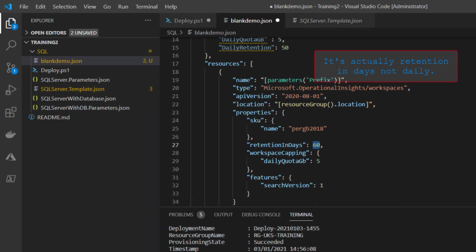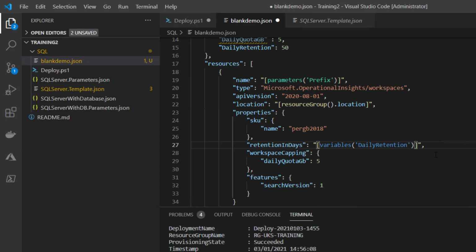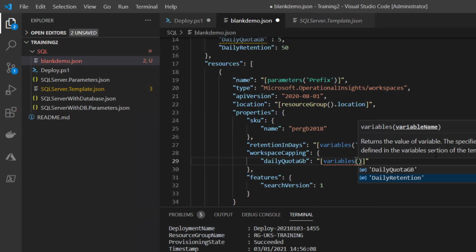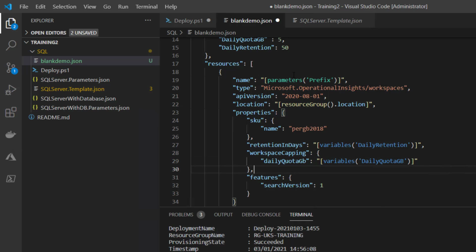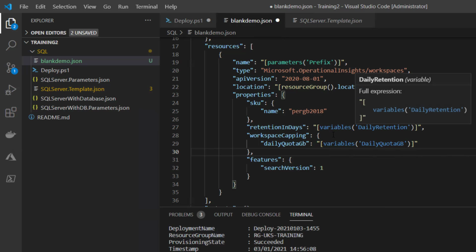So if I just do a square bracket, sorry, and then start typing, hold on, you need quotes, variables, type variables, and then open the bracket, and I can see my 2 variables that I've set up here. So this one's my retention one, so I'll click on that. And the same for the quota. Variables, and just for this one, daily quota, click on that. So we can see we're now going to change these to 5 and 50 there. So if I just save that,